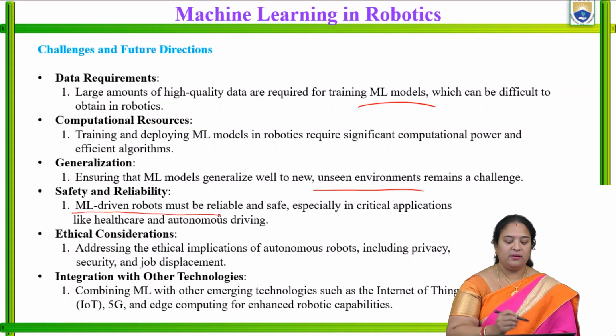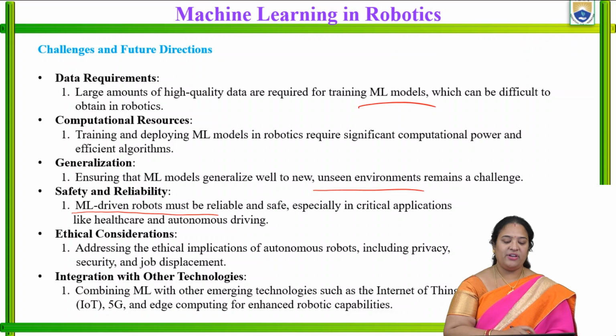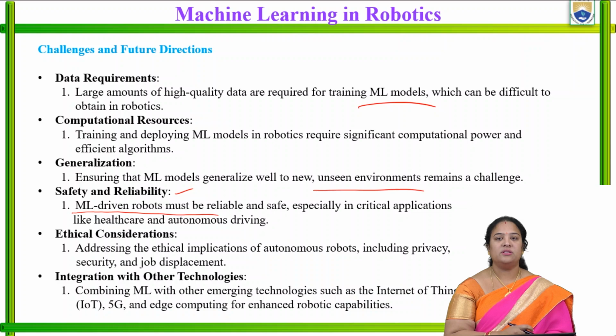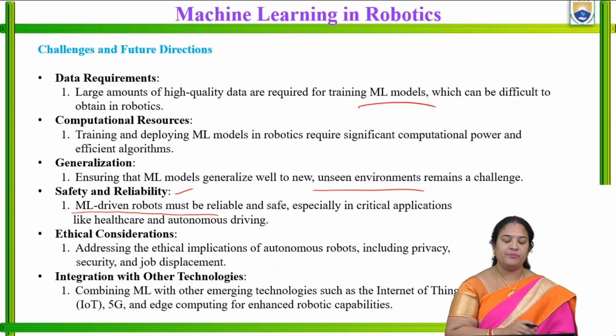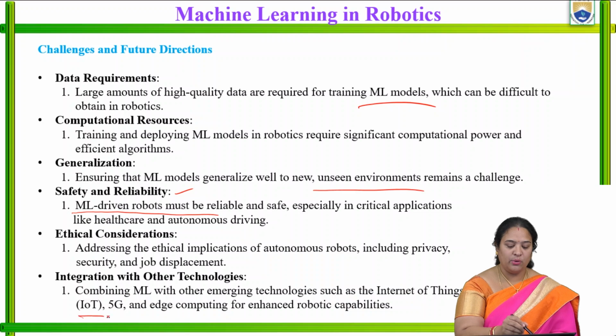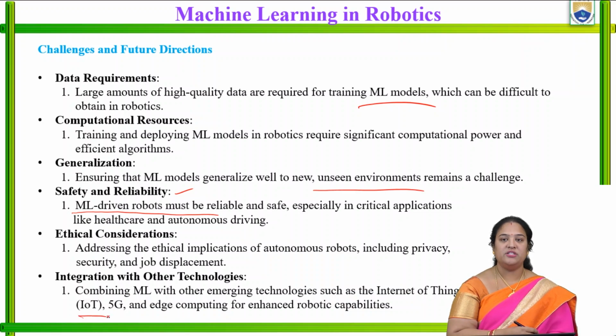Machine learning driven robots play a very important role in safety and reliability. Safety and reliability includes privacy, autonomous robots, and the simplification of autonomous robots. All these come under safety and ethics, which we discussed in the ethics and safety session earlier. The Internet of Things, 5G technology, and edge computing are a few of the recent trends, that is, upcoming new technologies, which we can also incorporate into our robot.